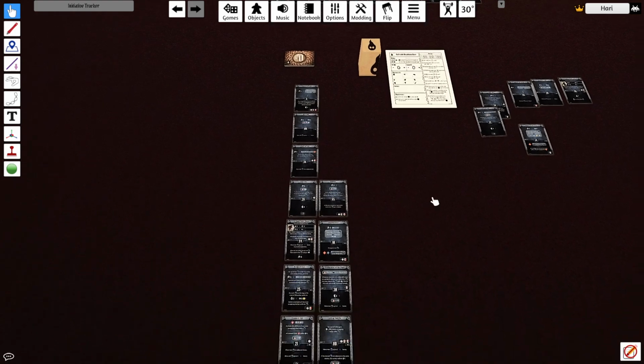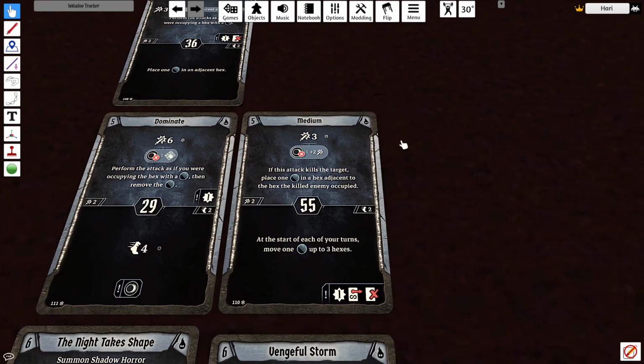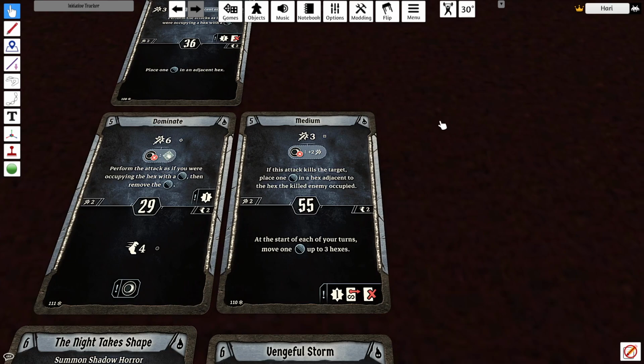Okay, on to level 5. So, level 5. I mean, Dominate's great, and this bottom is not bad, but Medium is... It's the oil in the gears, it's the drugs, I don't know, whatever you want to call it. This is the thing. And it might seem like the top is the thing, and don't get me wrong, the